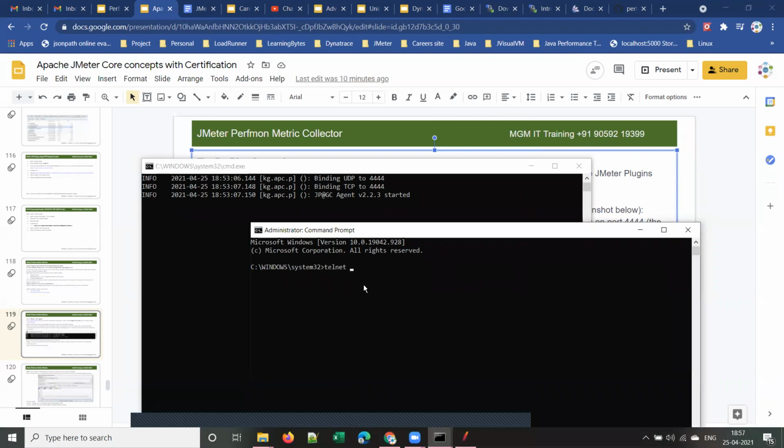Now use the command telnet and give the IP address 192.168.0.134, followed by the port number, right? Here you can see that TCP and UDP use this port number by default. The JMeter server agent uses 4444 as the port number by default. So now I'm verifying whether the server agent is able to communicate with this local machine or JMeter instance, right? Once you click enter on the command